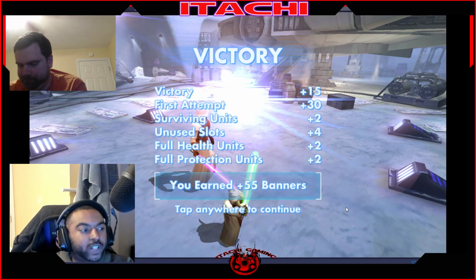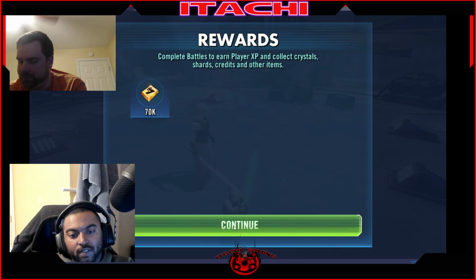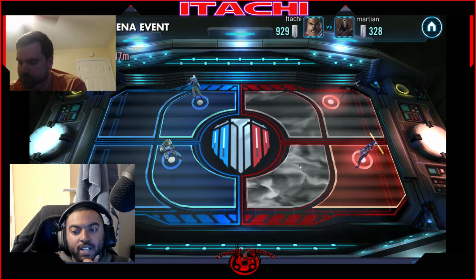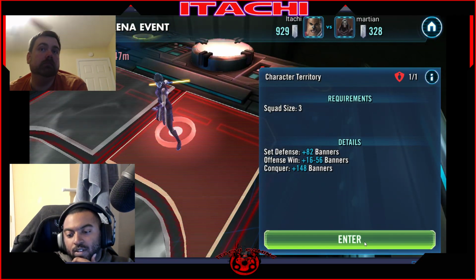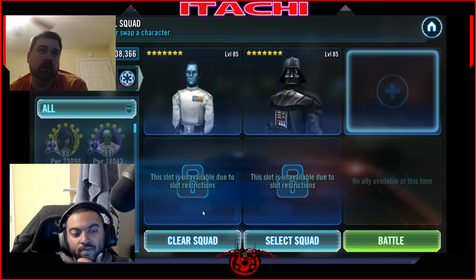Full health, full protection. There we go. 55 banners, is that what it was? Yeah. That's nice. 55 banners. Man, we're getting some undersized teams here. That's 2 undersized teams. Do you think I get an undersized team in this one? I don't want to change it. But I could just...